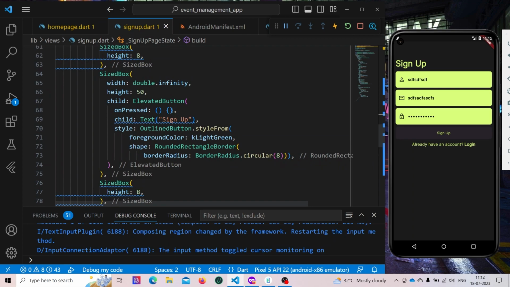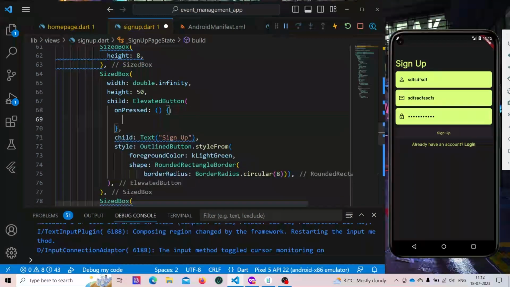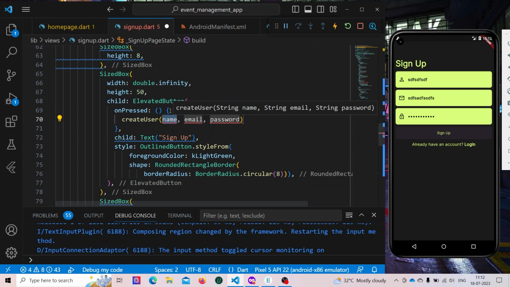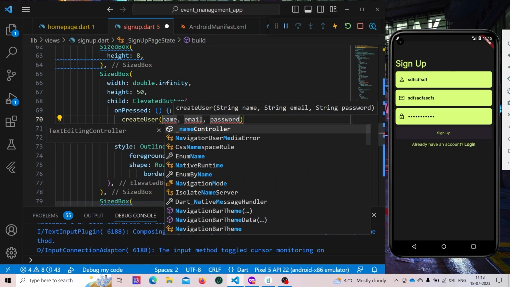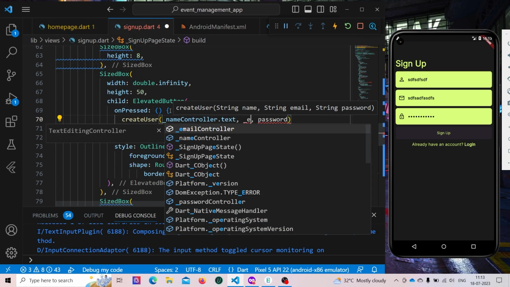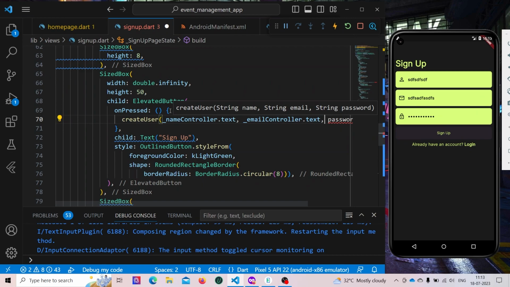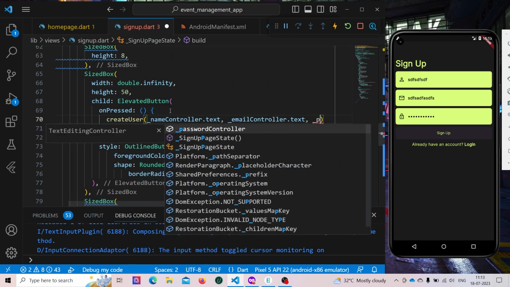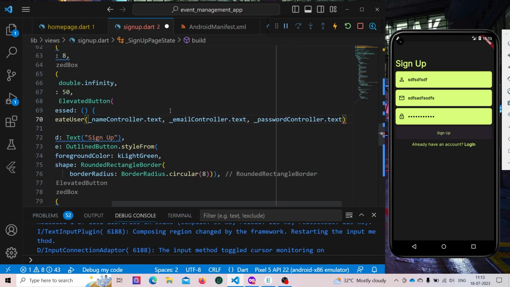Now inside our sign up button, what we are going to do, we are going to create an account. So we are going to use the create user function that we have created, and here we are expecting name, email, and password. So let us provide our name controller.text, and here we are going to provide email controller.text, and here we are going to provide password controller.text, and then